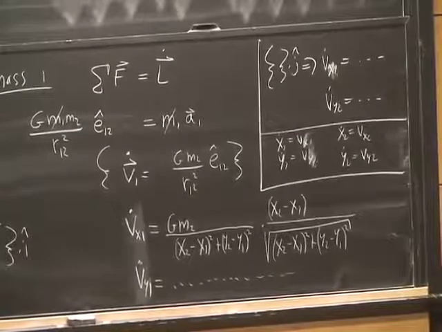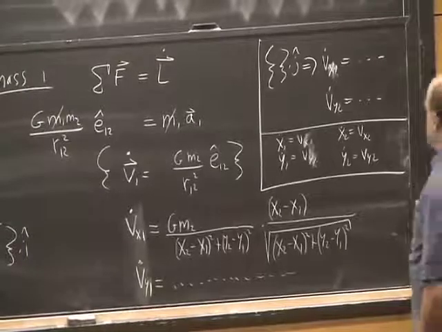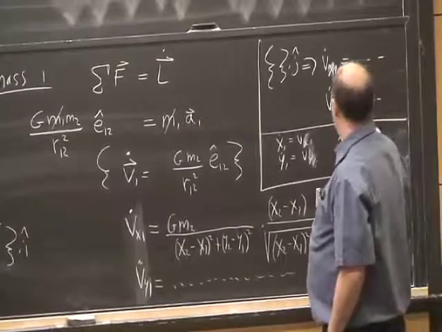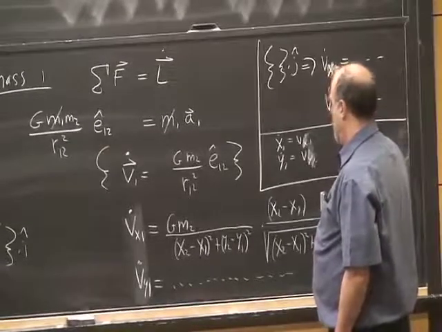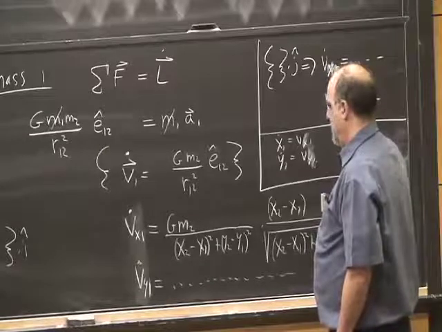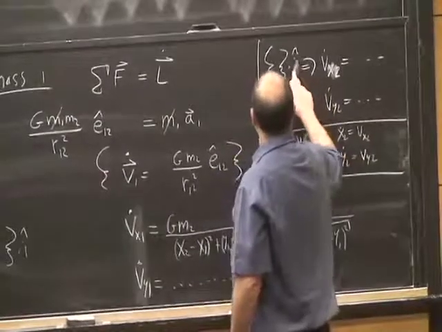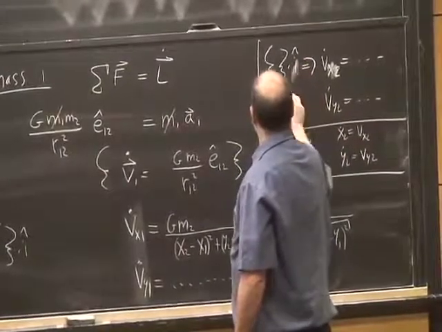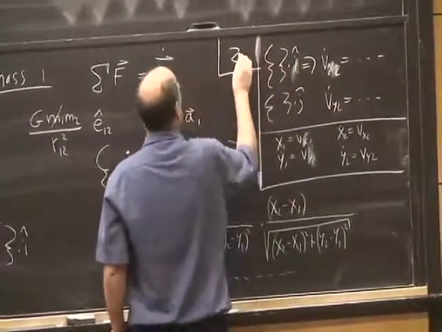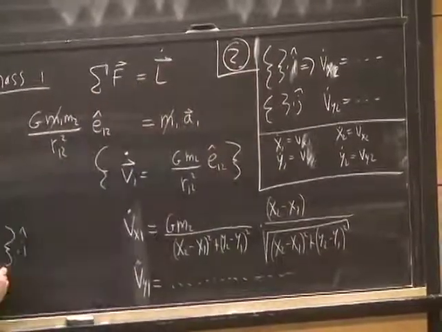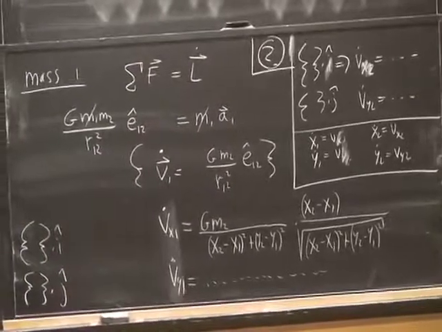Yes? I think if you have on the bottom part vx1 and vy1, each one of those dotted with, well, it would be vx1 is dotted with i, and vy1 is when you dot with j. And then in the top part, it should also be vx2 is when you dot with i, and vy2 is when you dot with j. That's correct. This should be an i. This should be a j. This whole thing has to do with mass 2. And this whole thing has to do with dotting with j. Okay, so now tell me more mistakes.